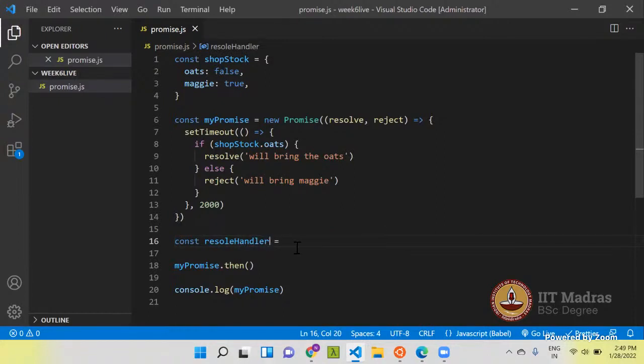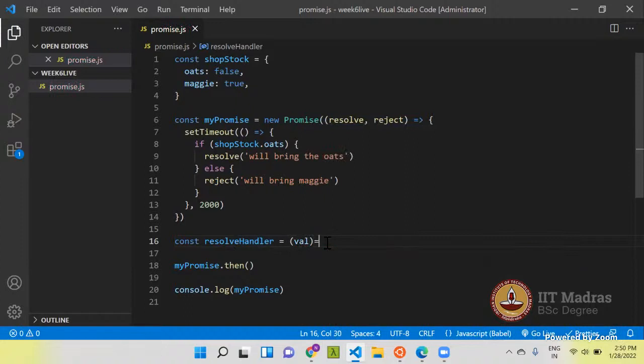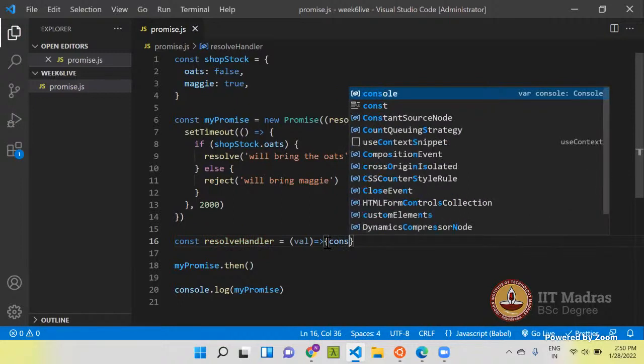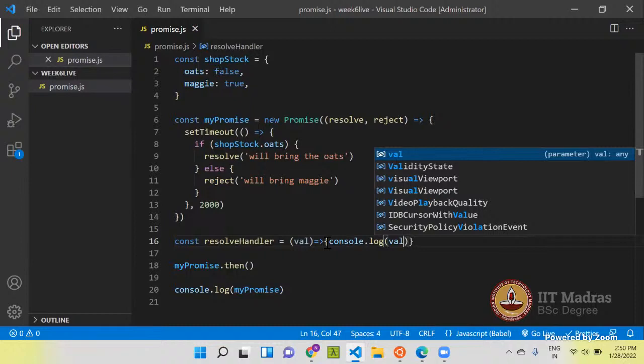Let's call it handler. It will take a value and just log this value with console.log, whatever value is passed.